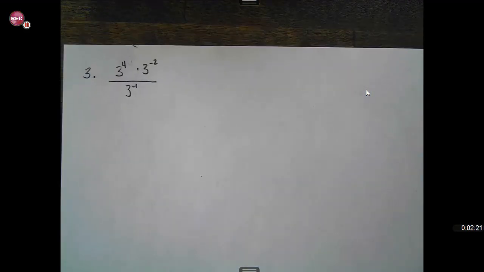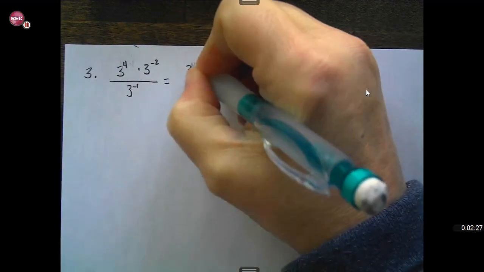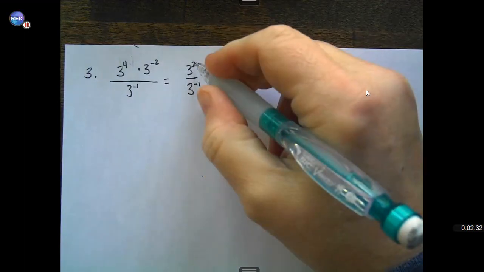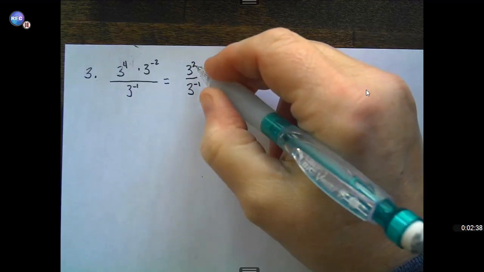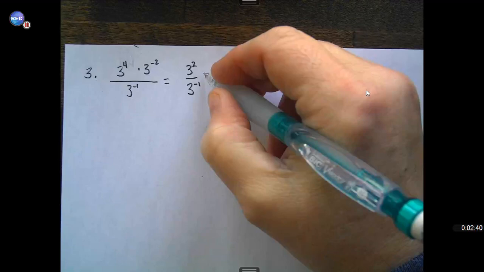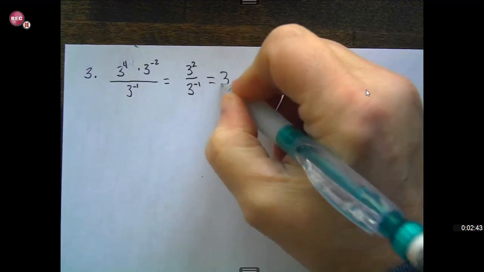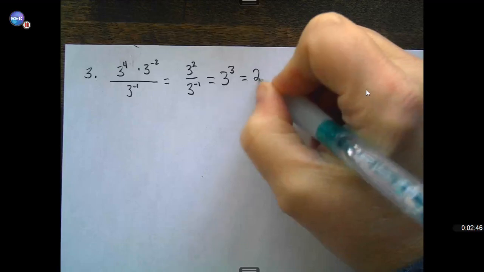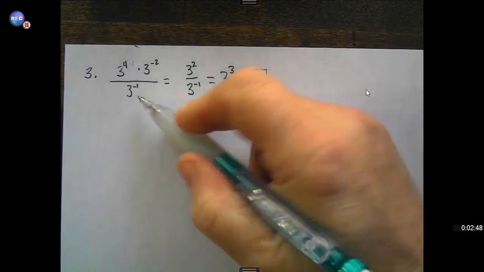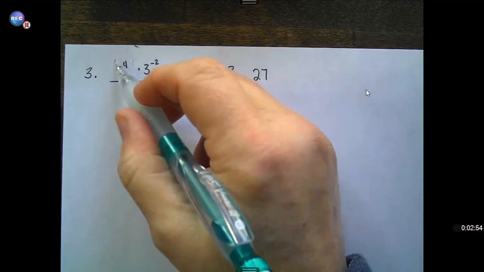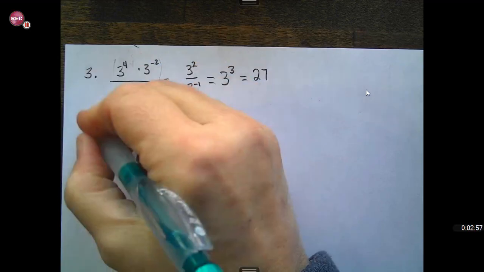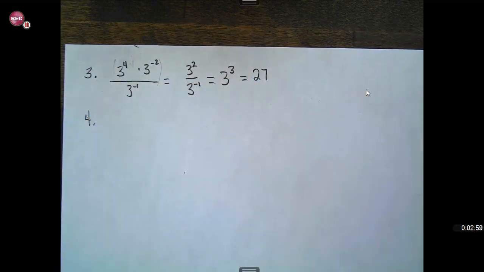So what I would do is handle the top first. We have the same base. I would add the exponents and get 3 squared over 3 to the negative 1, and then I would bring this up. You can think of it as you subtract the exponents, 2 minus negative 1, or when this comes up, it becomes 3 to the positive 1, and then you add the exponents. Either way, we're going to get 3 to the 3rd, and we should figure that out. That's 27. And you could also punch this in your calculator. With that numerator, if you punch it in your calculator, that numerator would have to be in parentheses. Or press enter and then divide by